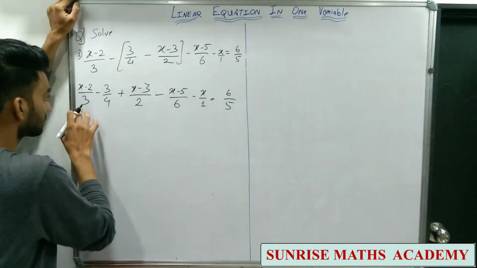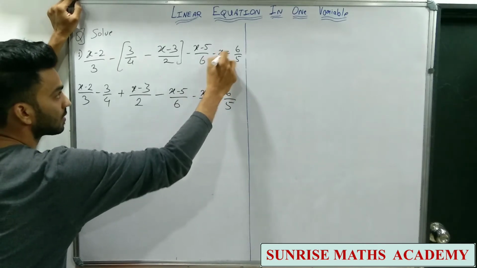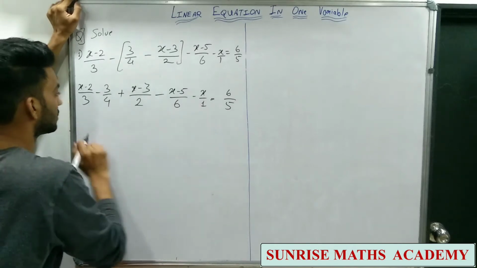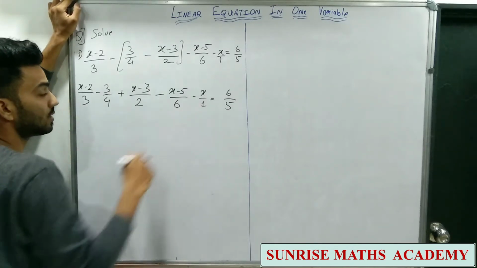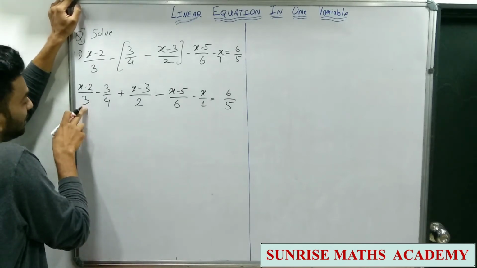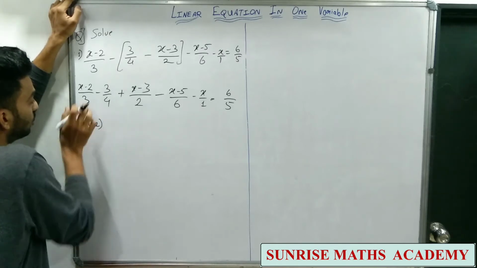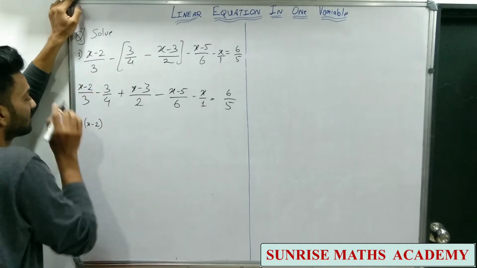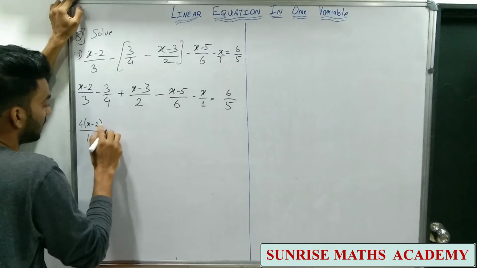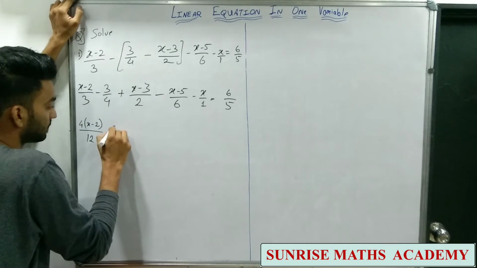Then the LCM of the denominators. Here I have written 1 so that we understand that we have to find the LCM of these denominators. LCM of 3, 4, 2, 6 and 1 is 12. So to get 12 here in the denominator, we multiply it by 4. So 4 into numerator. Numerator is x minus 2 upon 3 into 4 will be 12, minus, this will be again 4 into 3, so 3 3s are 9.